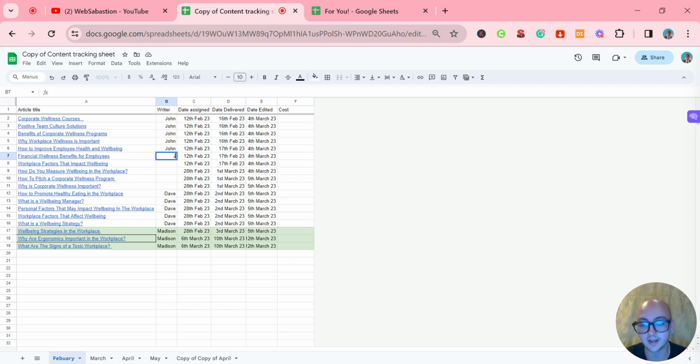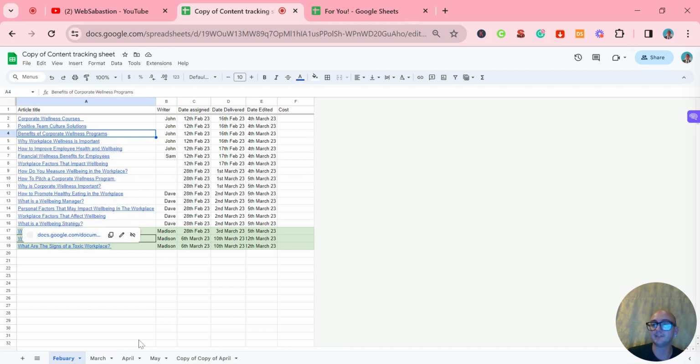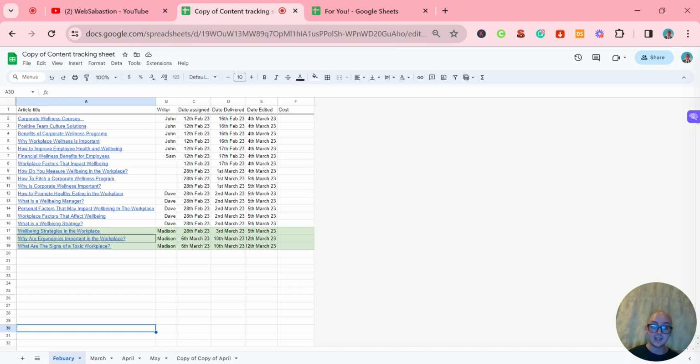Okay, so the way that I wouldn't have them just do random articles. I wouldn't have, let's say, John here do article 4 and article 15. All right, and while he could do that, I've noticed that writers do tend to become a little bit more invested in their writing when you give them, not to sound cheesy, but when you give them a story. Okay, so if you give them a series in the right order, chronologically, I've noticed they tend to become more invested in the project. And